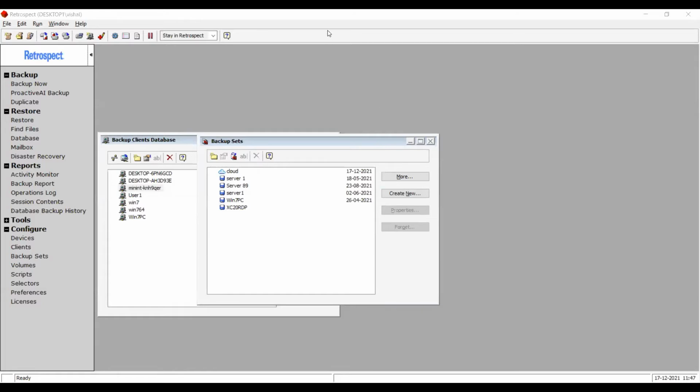Right, so there is a comment, what if the user is connecting from WAN? I'll be answering that question, Bangalore team, when we look at the remote client backup feature. And please try to use the question and answer window to post your questions.